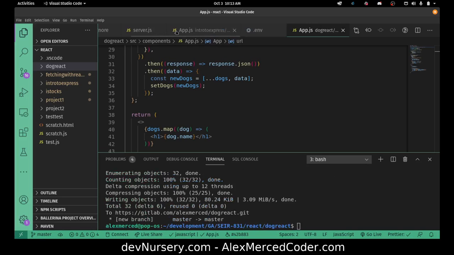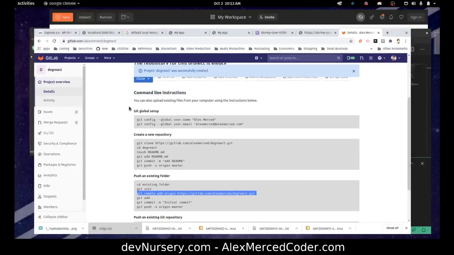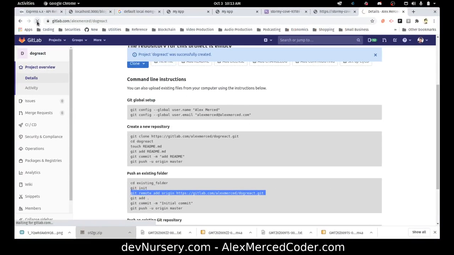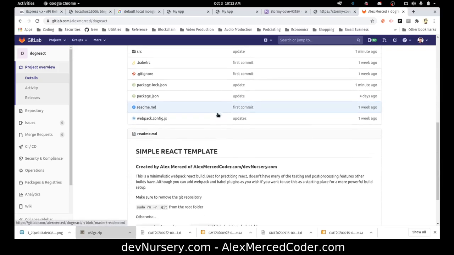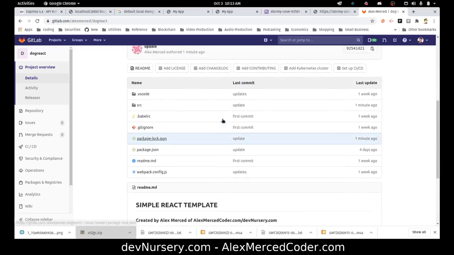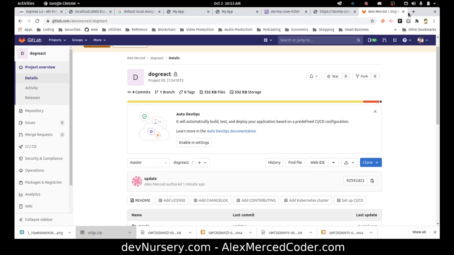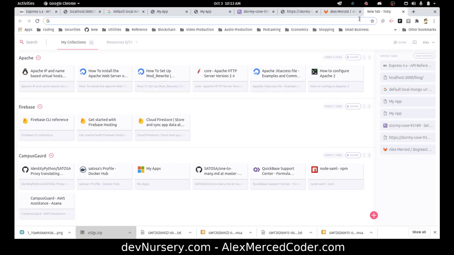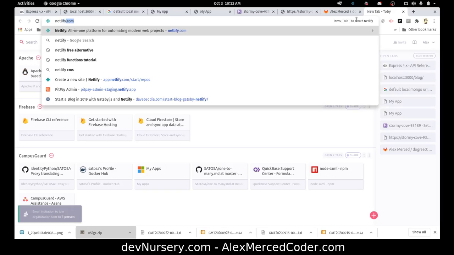Oh, good. That was it. Perfect. Okay. And now that pushed it up to GitLab. So if I refresh this page, there's all my code here on GitLab. Fun, fun, fun. And now what I can do is head over to Netlify,